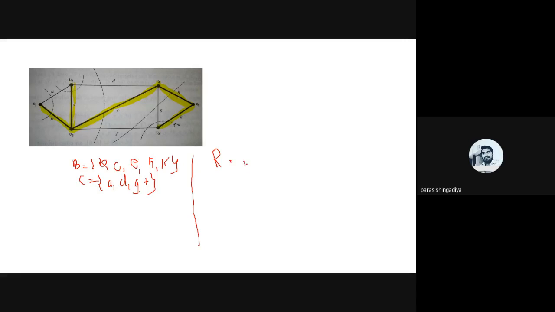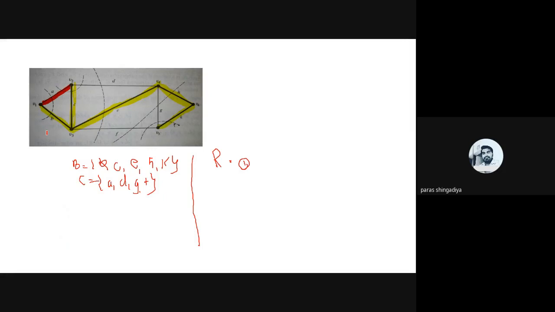So let us derive a first fundamental circuit. What is the definition? To find such a circuit in the graph which includes one chord and the rest should be the branches of the graph G. So these yellow lines are the branches and A, D, F, G are the chords. Let's create one circuit. By using this triangle, we can make one circuit which covers V1, B, V3, C, V2, A, V1. Otherwise V1, A, V2, C, V3, B, V1. It is one circuit, one cycle.